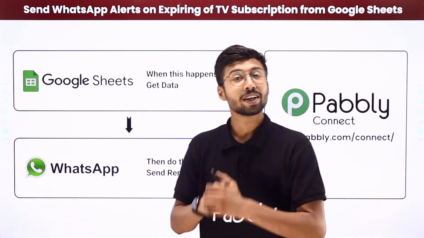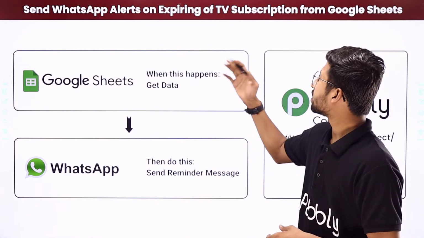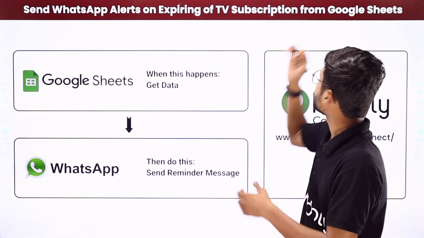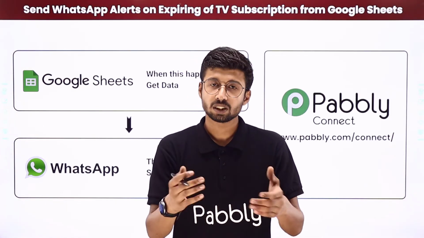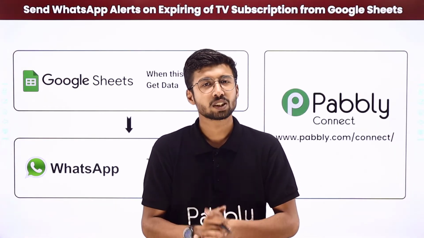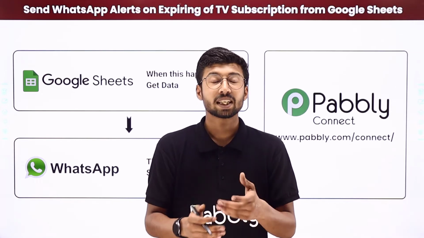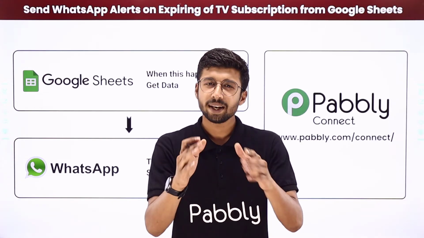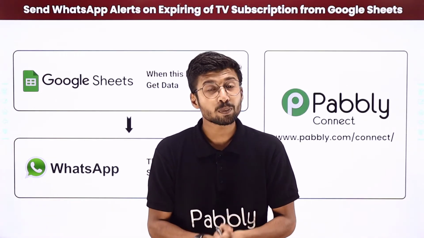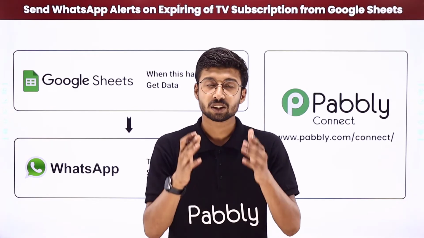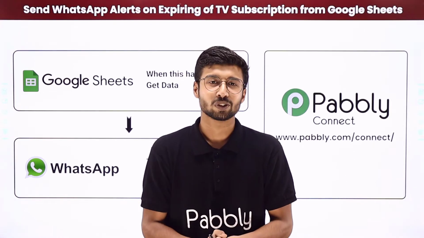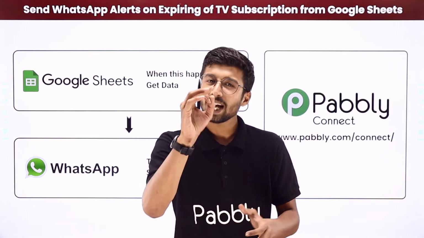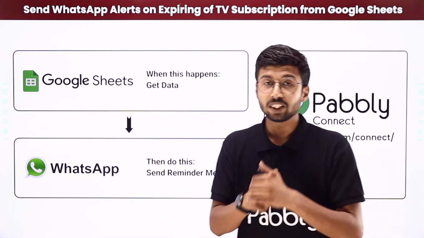So the topic for today's video is send WhatsApp alerts on expiring of TV subscription from Google Sheets. Now suppose, guys, you are providing cable TV services to your customers and on a regular basis you have to send them a reminder message that their cable TV subscription plan is about to expire. Now the manual process of sending these reminder messages to your customers on a regular basis can be very repetitive and time consuming. So in this video, I came up with an awesome automation by which you just have